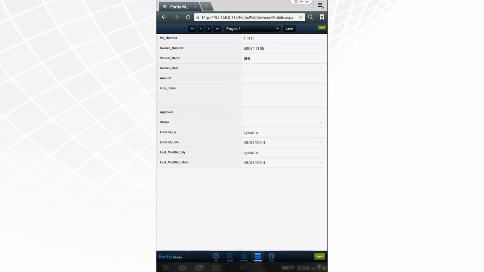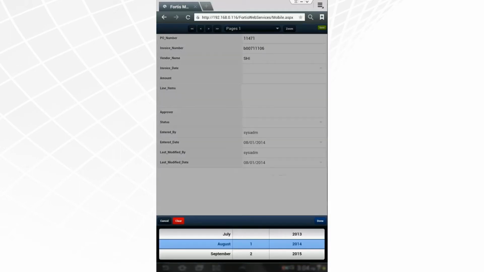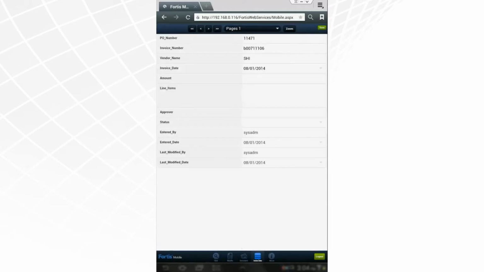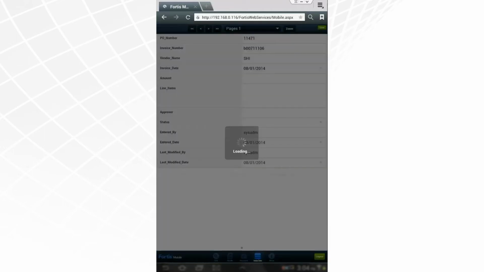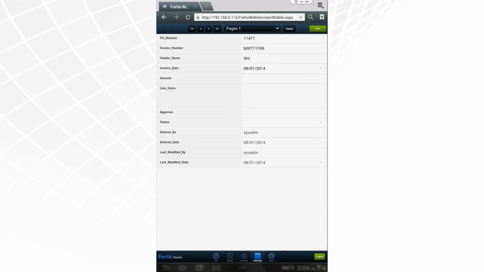So in this case, there wasn't an invoice date. So I'm just going to go ahead and set that date right now. Once I've updated the index information, I can go ahead and hit Save. So I've quickly pulled up that document, viewed the document itself, and edited the index information that goes along with it. Now, at any time, I can switch back to the view of the document,